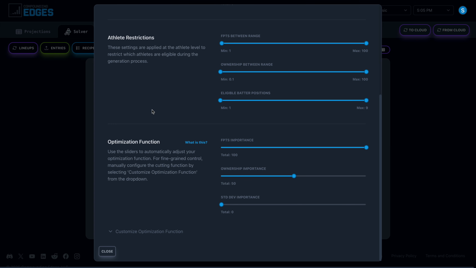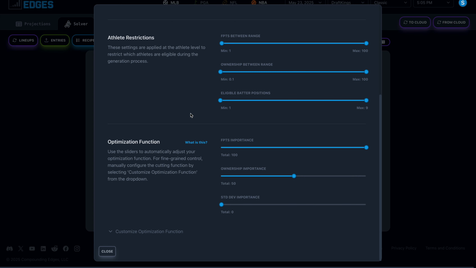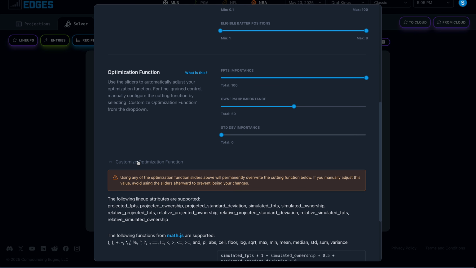Now, if you ever want to know what an optimization function is, you can click what is this, and this will take you to a new tab that explains it. But suffice it to say, it's just an aggregated column that uses these three values: standard deviation, ownership, and fantasy points. Now, if we ever want to see what's being affected, all we need to do is pop open this